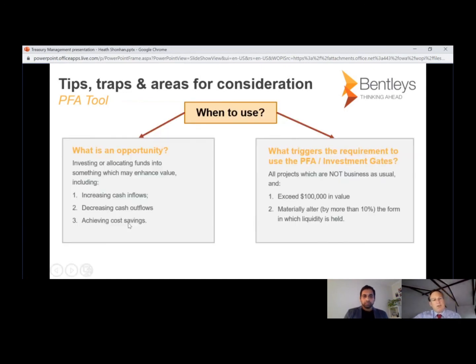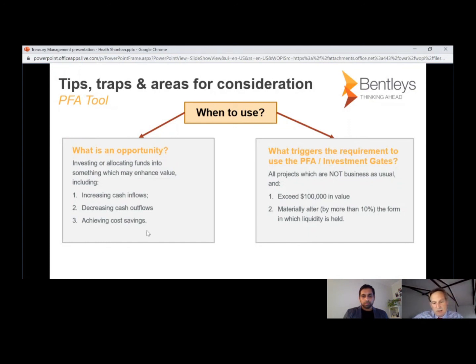It really should be used whenever there's an opportunity. And an opportunity, according to our definition, is anything that involves investing or allocating funds into something which may enhance value. So anything that increases cash flows, decreases cash flows, or achieves cost savings is a use case for this. And we accept that not all projects are